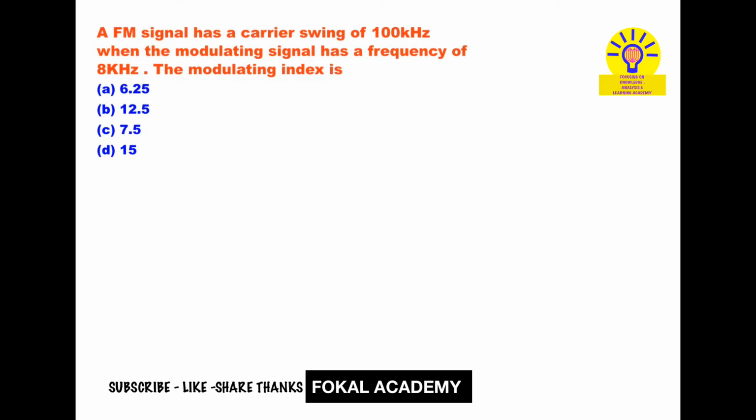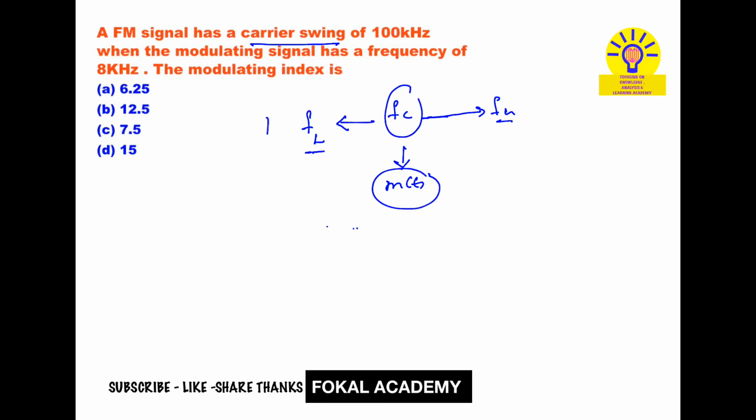So from that we can define what is the carrier swing. In an FM signal, the carrier frequency is going to change due to the message signal. Maybe incrementing or decrementing the carrier frequency. So when it is incremented to a certain level, that is called the upper frequency, and decremented means the lower frequency. So these are the ranges due to the message frequency upon the carrier frequency. So the change from the upper frequency to the carrier frequency is equal to the change from the carrier frequency to the lower frequency. So this is the same value, and this change is called the frequency deviation.